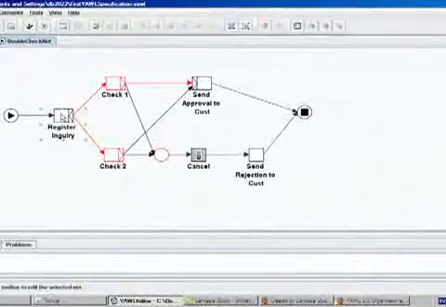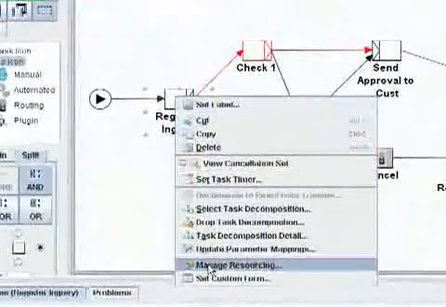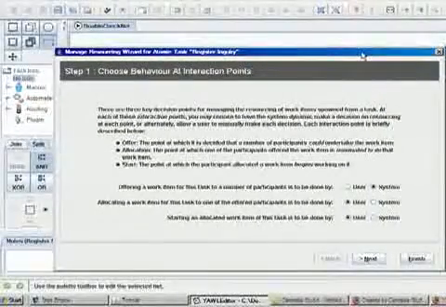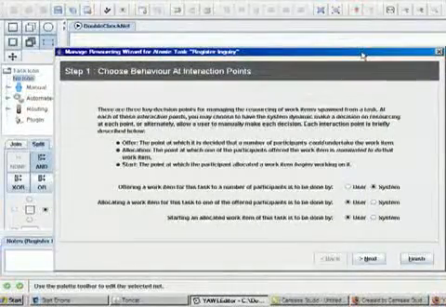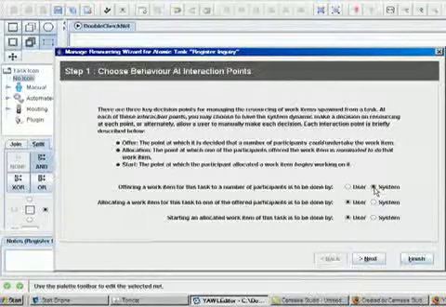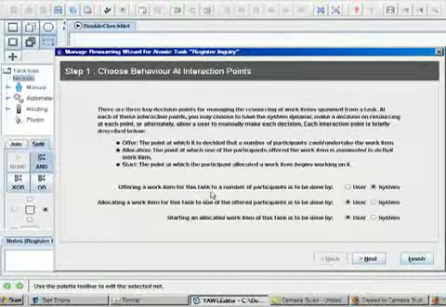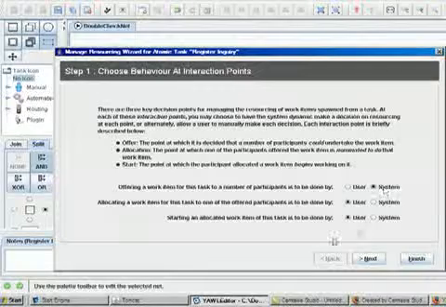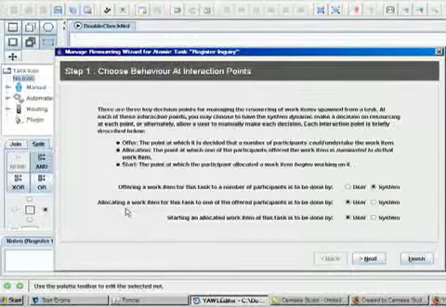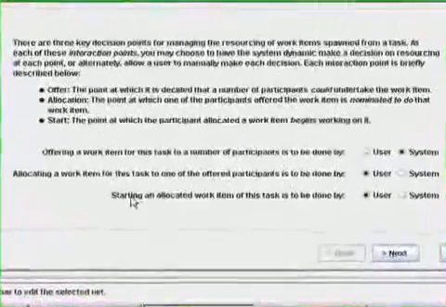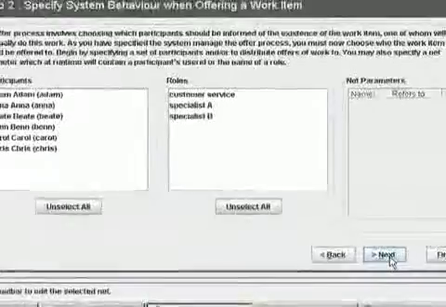Now we can see that if we select Manage Resourcing for the task, we'll get to the Manage Resourcing wizard. And there are different options which can be selected. I'll select that offering a work item for this task to a number of participants is to be done by the system. I also select that allocating the work item for this task to one of the offered participants is to be done by the user, and the same for starting. And then I proceed to the next